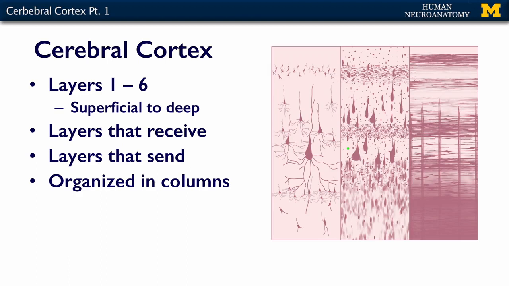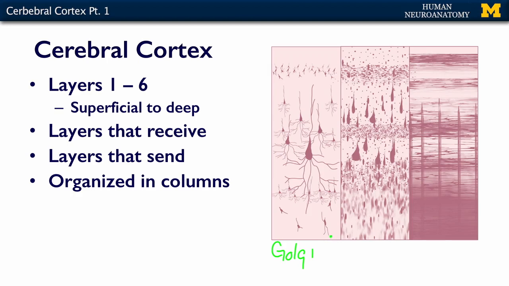What I also want you to note is it depends on how you look at the cortex. This image is a Golgi stain, kind of an artist's rendition of a Golgi stain. Golgi stains were discovered kind of accidentally by dumping a chunk of the brain into some heavy metals. We don't know exactly how it works. Still to this day, we don't know how it works.